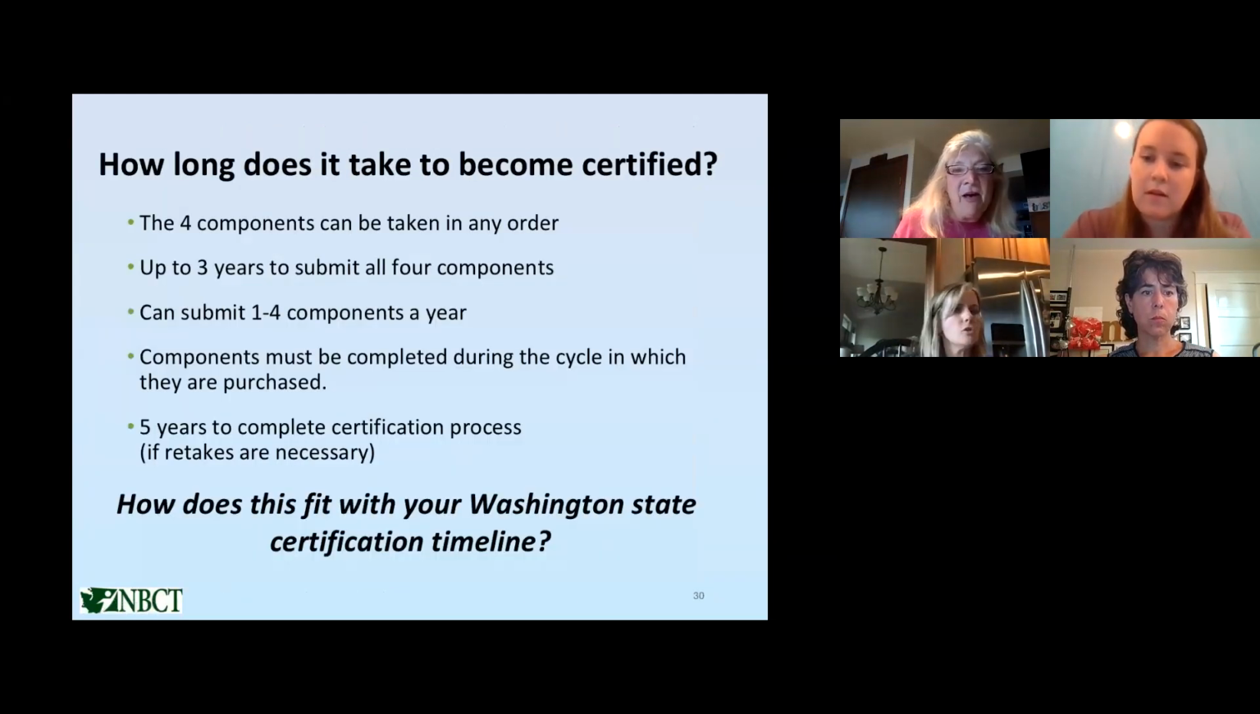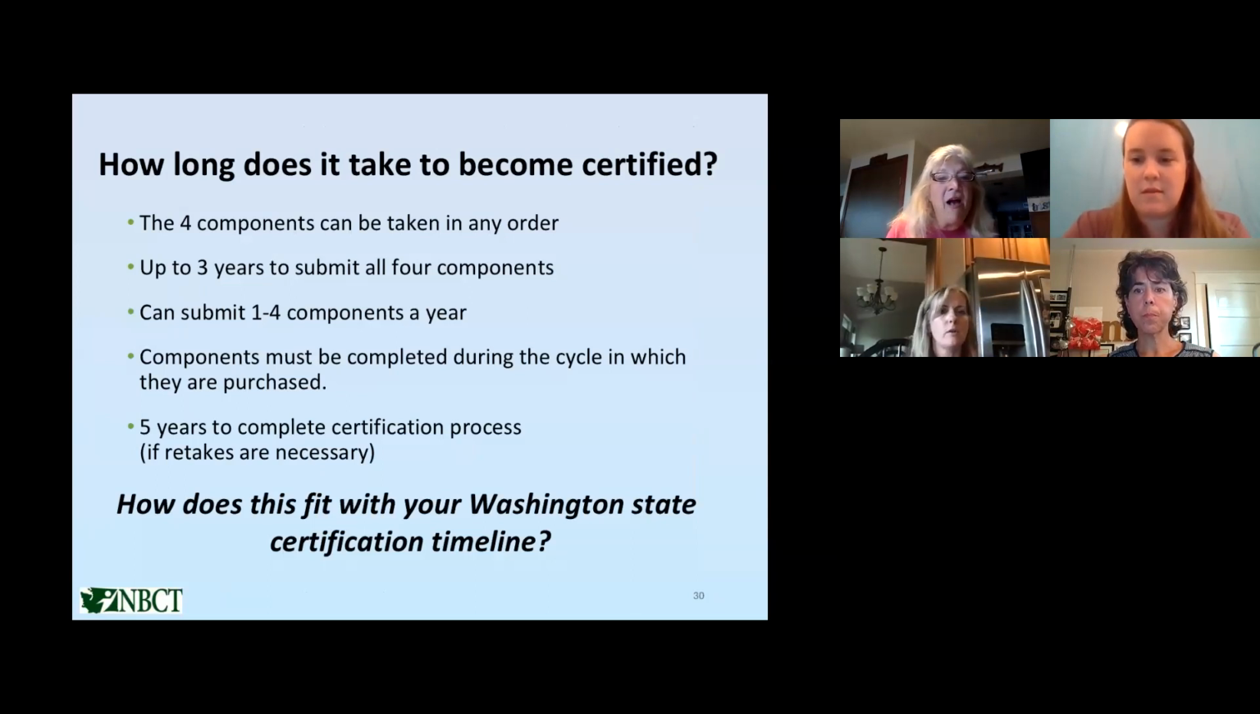So we've talked about this, that you can take 1, 2, or 3 years to submit all 4 components. However, you do have 5 years to complete this process. So if you submit all 4 components within 3 years, and maybe there's a component that